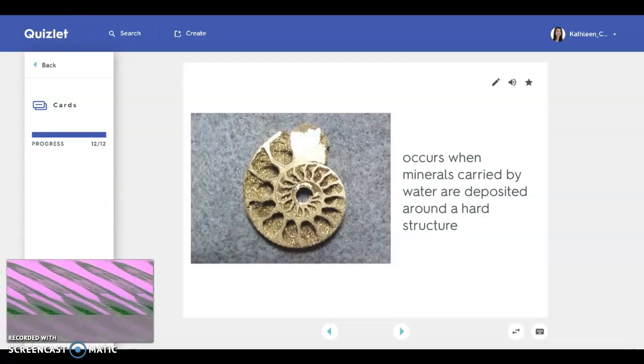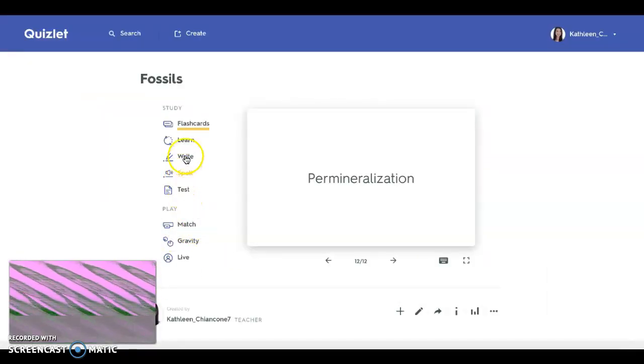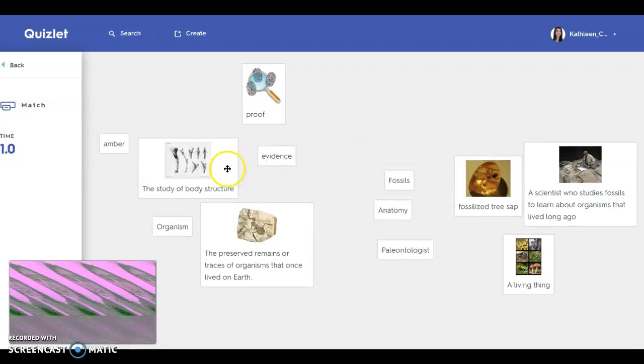So the next thing that you will do is you will go back after you've gone through all of these yourself, and I want you to play the matching game. So you're going to drag the words to their definitions and then use that to study and get more familiar with these words. Once you have cleared all of those,